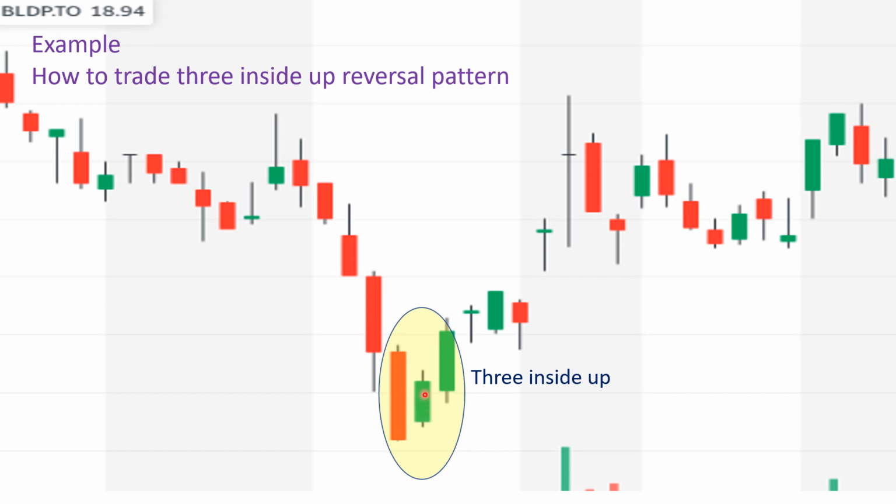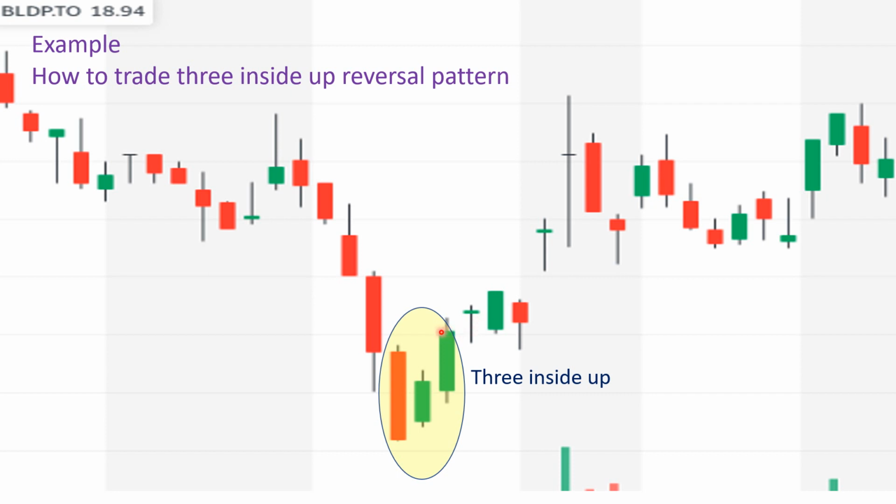The second one is a bullish candle, which is engulfed by the bearish candle. And the last one is a bullish candle, which closes above the high of the bearish candle. Now, if you see this pattern at the bottom of a downtrend, you can enter the market as soon as the next candle